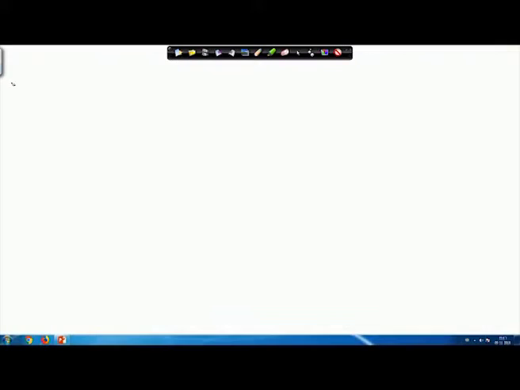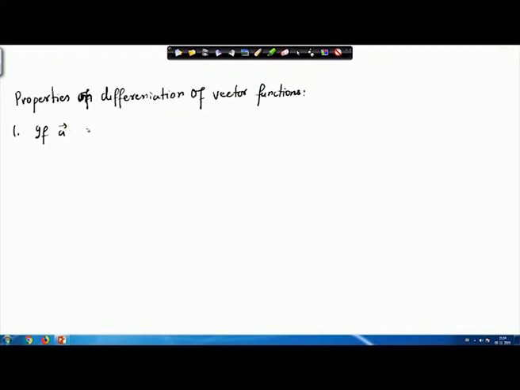I am going to write our next topic as properties on differentiation of vector functions. So, the first property for today is: if A is a differentiable vector function of the scalar variable t,